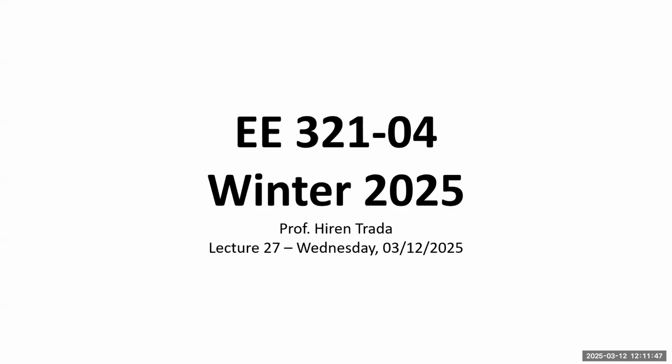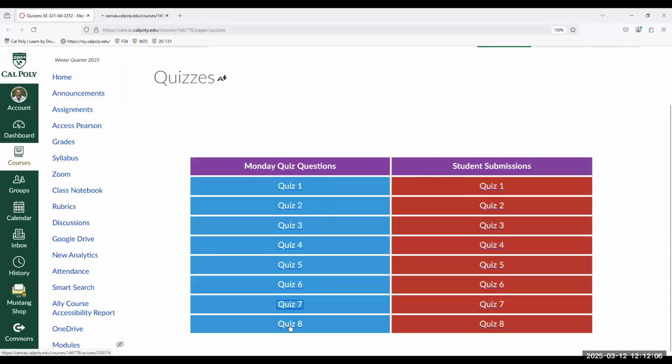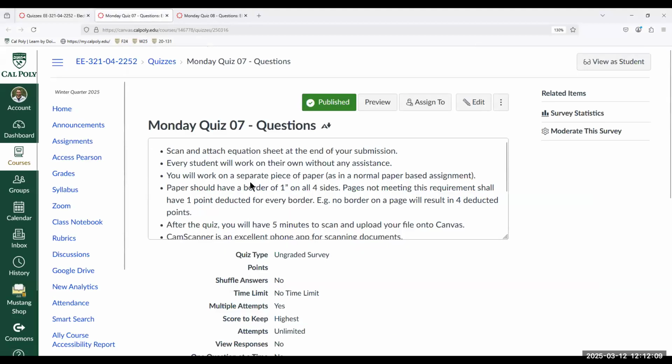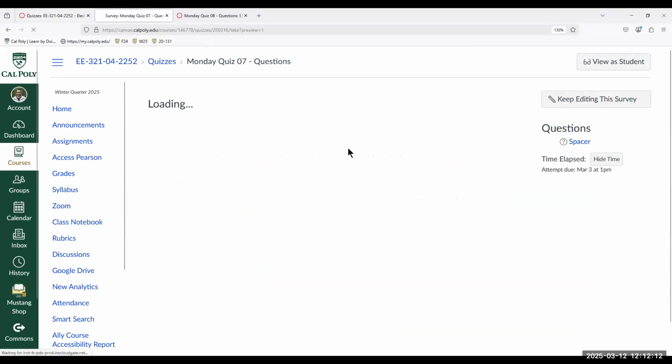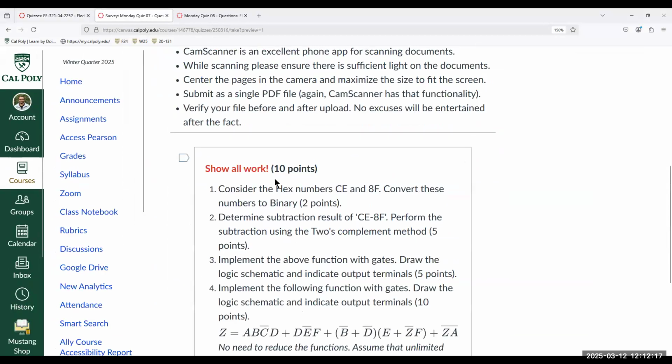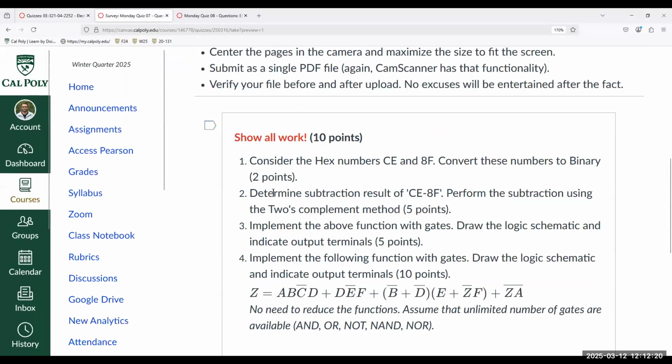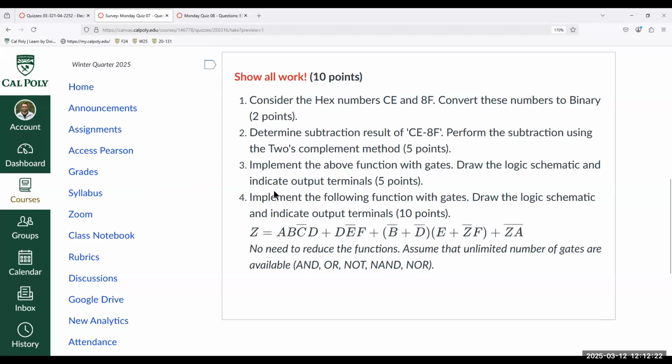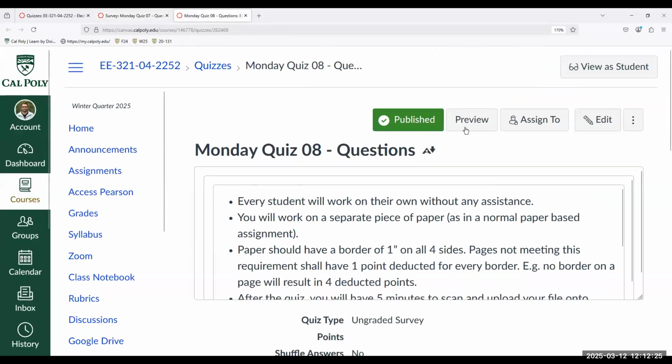So, quizzes. All right, this was quiz 7 and quiz 8. I'm guessing everybody was fine with 1, 2, and 4, right? At least that's what it seems from the student responses. And then we had